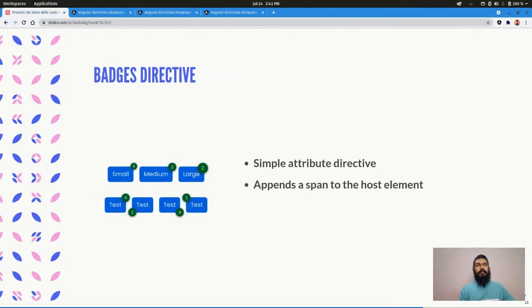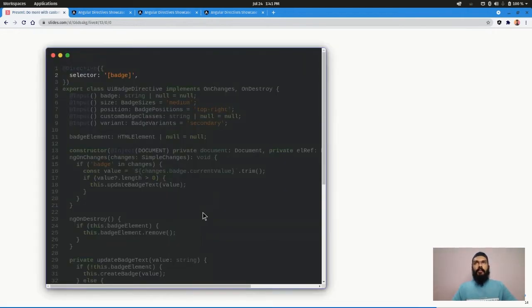Again, this can be a simple attribute directive. It can just append elements to the host element. So with this directive, what I'm trying to showcase is that we can actually create custom HTML elements and append them to the host element. We can even customize it to pass options, like you can see medium, small, large, and the positions and stuff. Now let's look at the code.